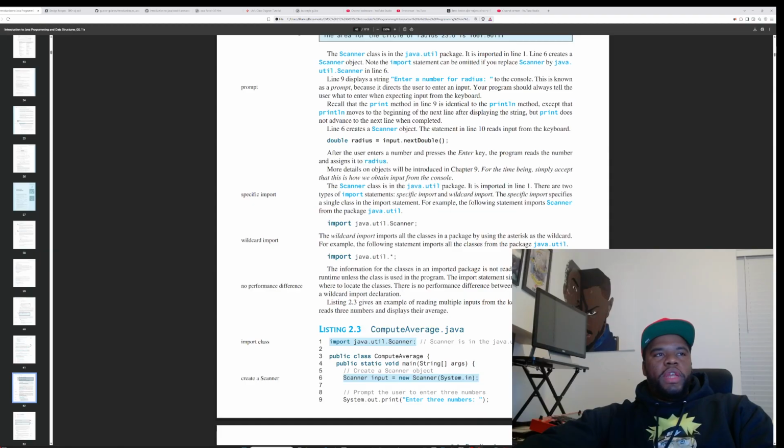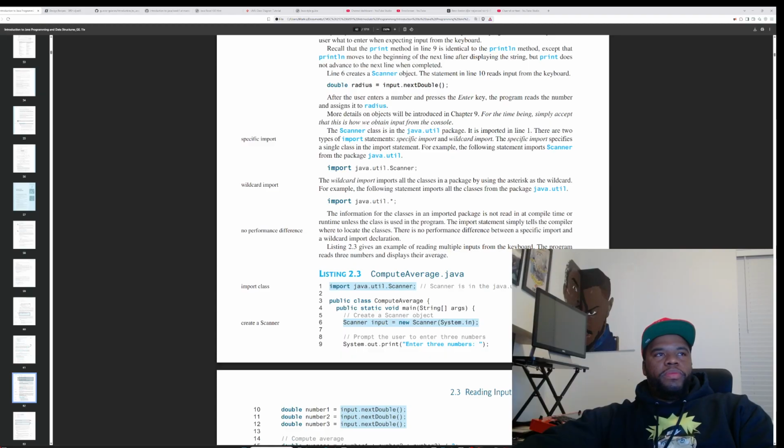Import java.util.Scanner. And then we have the wildcard import, which imports all the classes in the package by using the asterisk as the wildcard. For example, the following statement imports all the classes from the package: import java.util.*; with the terminator. The information for the classes in imported packages is not read at compile time